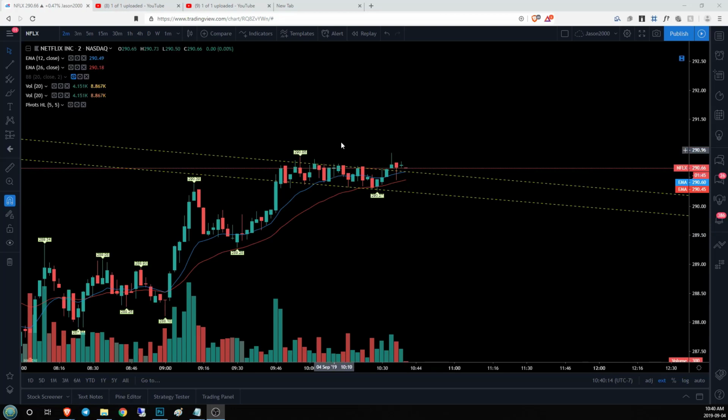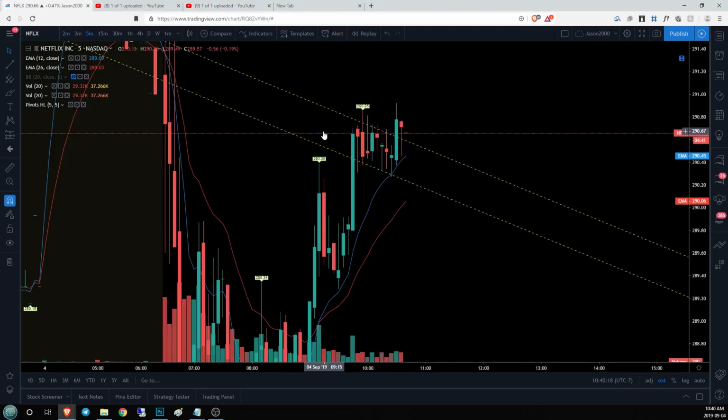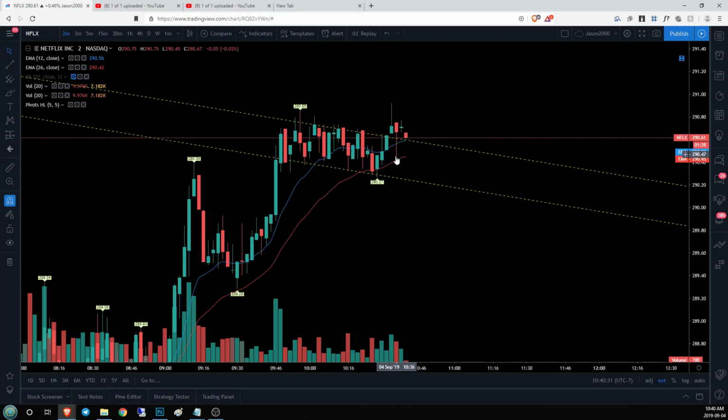First, I've gone into my 2 minute time frame trying to figure out if I missed something. And if we go to the 5, we get the sense of a bull flag, and it doesn't have that nice contained range until you go to look at the 2-minute time frame, and then you can see that chop happening back and forth here. So we are now outside of this 2-minute channel. We've back tested, held support off our EMA 26. So this is when we would look for a long entry pretty much right now.